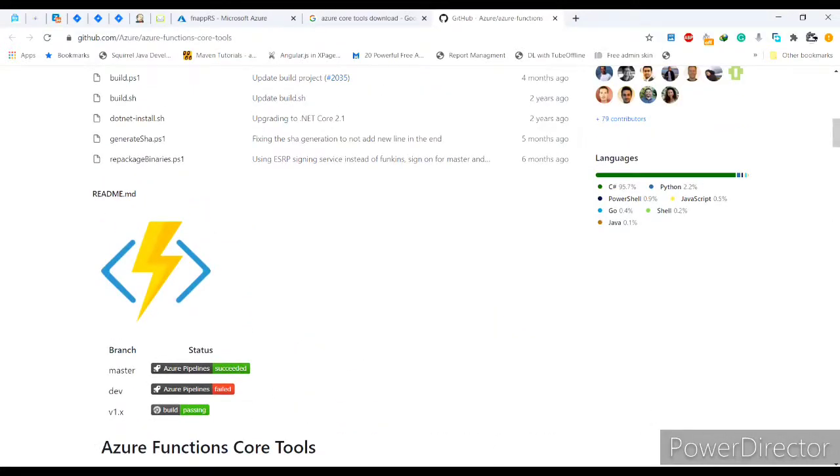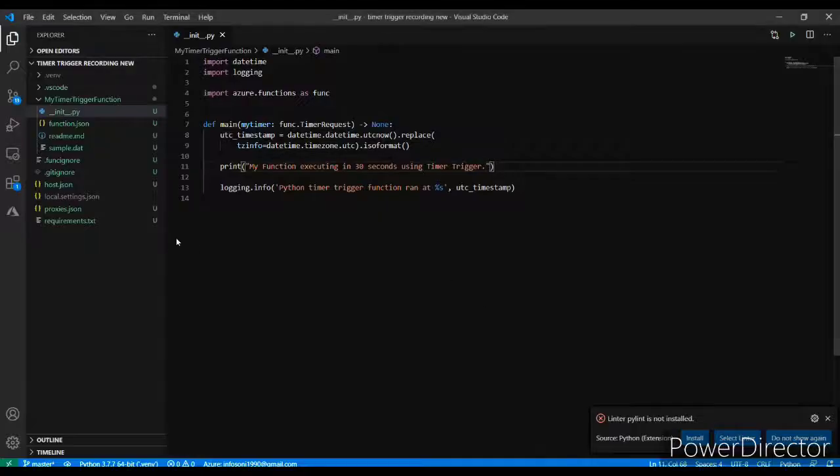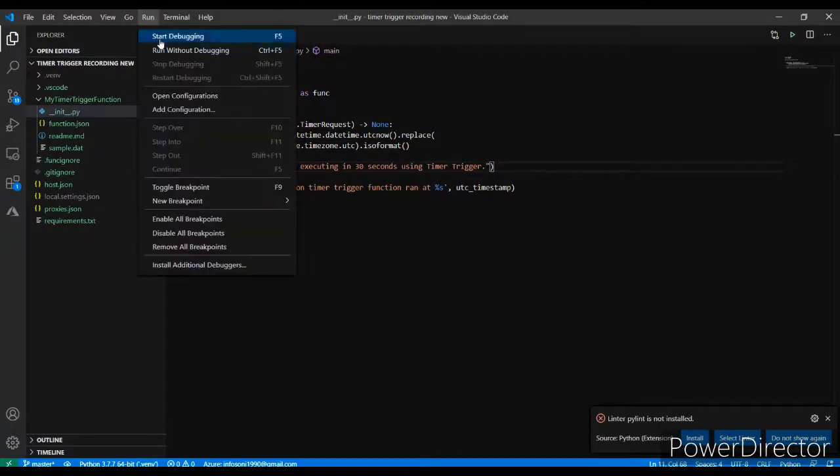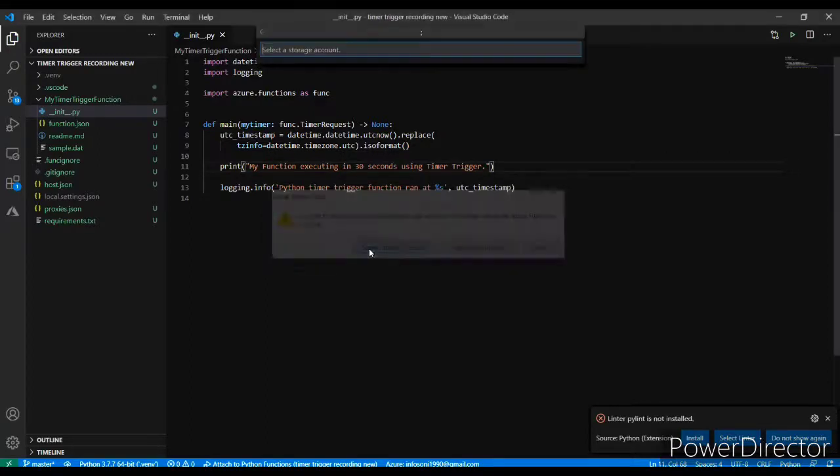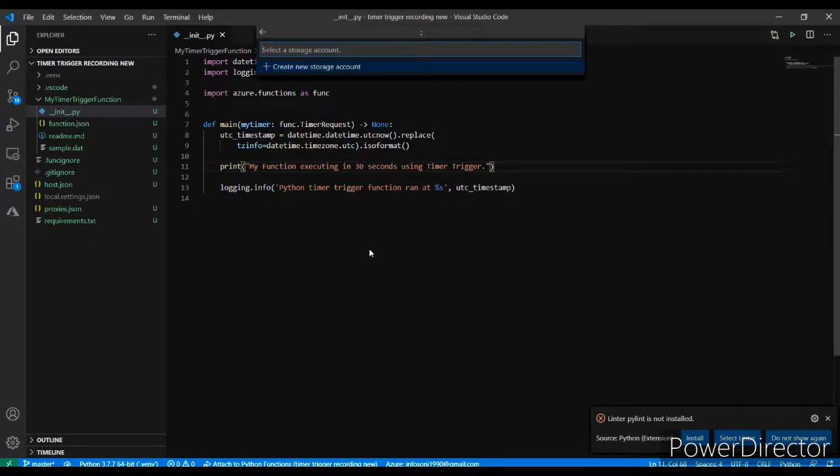And the second thing is, when I run this function, then it will ask for the storage account. So I am just selecting first option. I am not using local emulator, I am using Azure Portal storage account. So click on select a storage account.